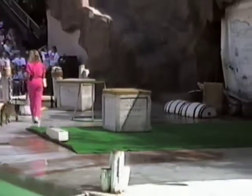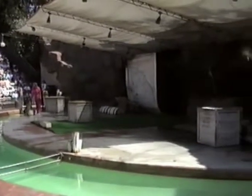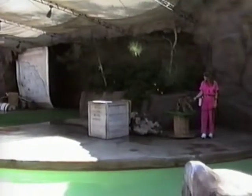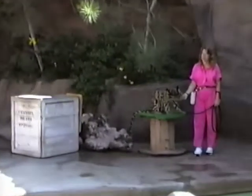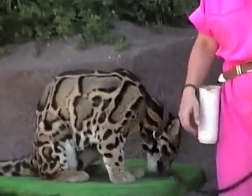Now, the third cat we have in our show collection is a little female named Asia, and we'll be bringing her out after our show is over today for you to see. Generally, clouded leopards, as I mentioned earlier, aren't seen in captivity. Not only are their numbers very limited in captivity, but they're very shy, they don't make good exhibit animals, and they're also very aggressive towards their own kind, unless you introduce them as youngsters. This kind of duplicates the natural phenomenon, because in the wild, the cats are monogamous. They pair bond at a very young age, and they stay together throughout the lifetime of the pair. So what we did was we acquired 3 babies. These 2 boys and little Asia, we raised them together in the same enclosure, which allowed us the opportunity